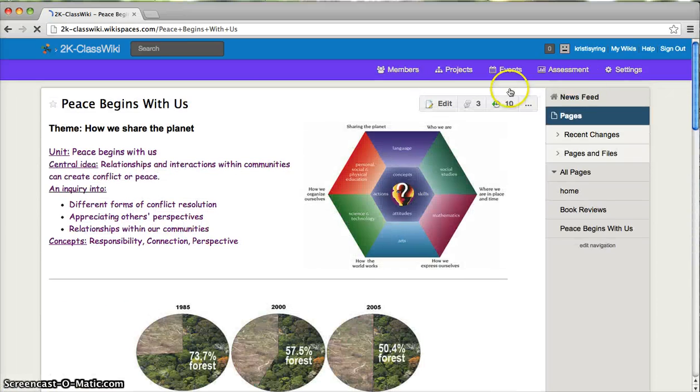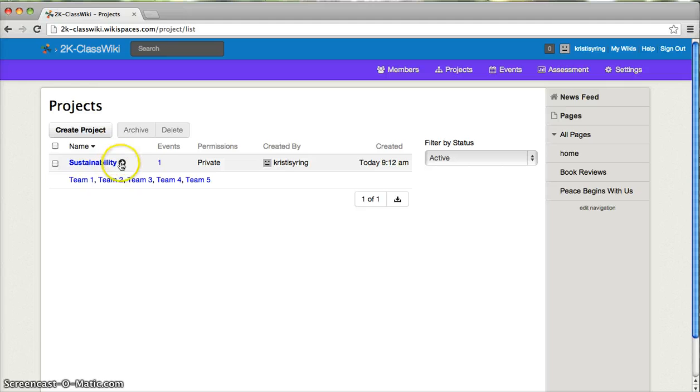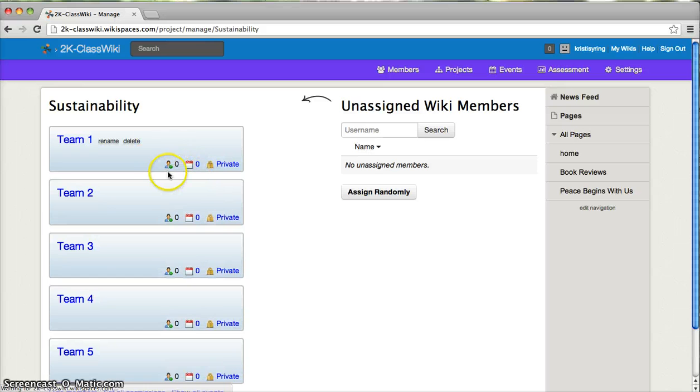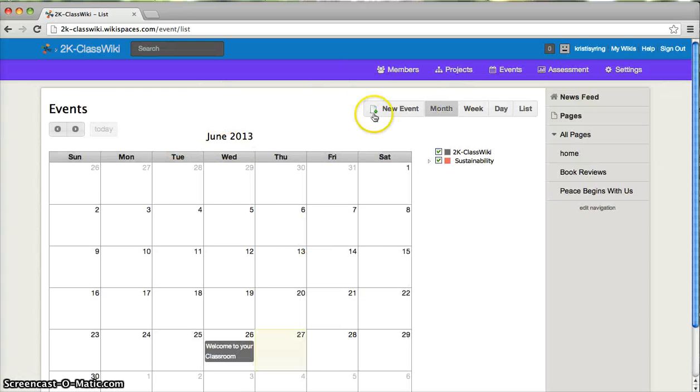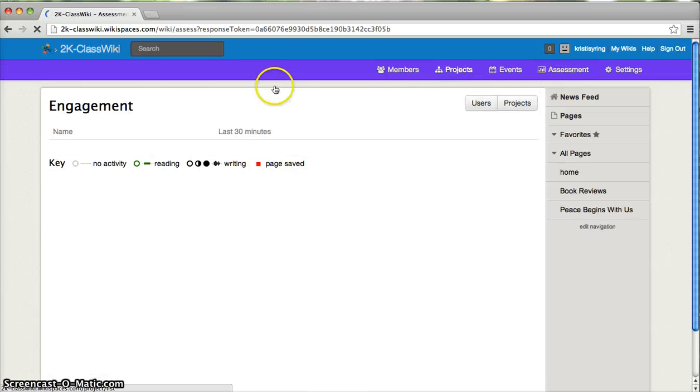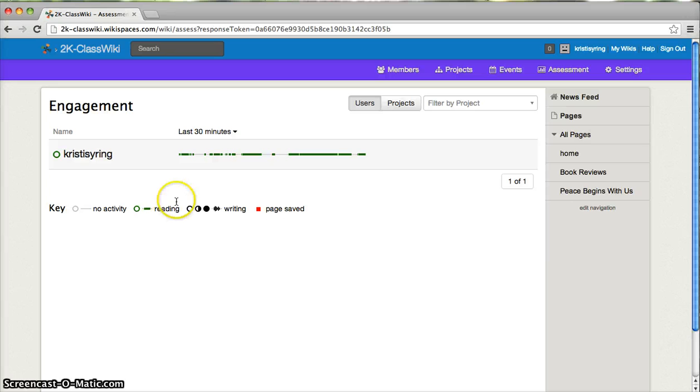Now, at the top, I talked about the projects. It's really neat because with the Wikispaces, you can create projects, create teams that you can give specific teams directions, events, and it's really, really neat. There's also an events section where you can just see everything that's going on. The assessment section is really interesting because you can use it to monitor all of the activity for your members. For the project section, I know to make sure that everyone's doing their fair share. You can also